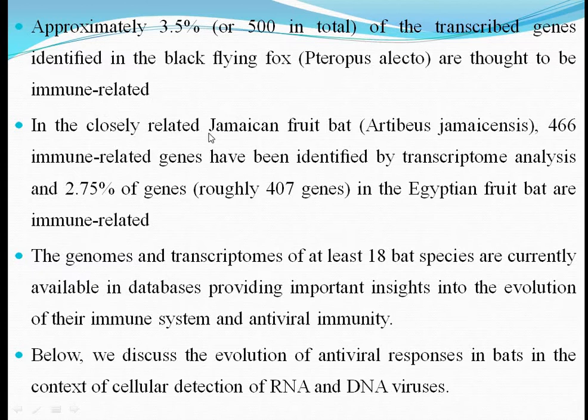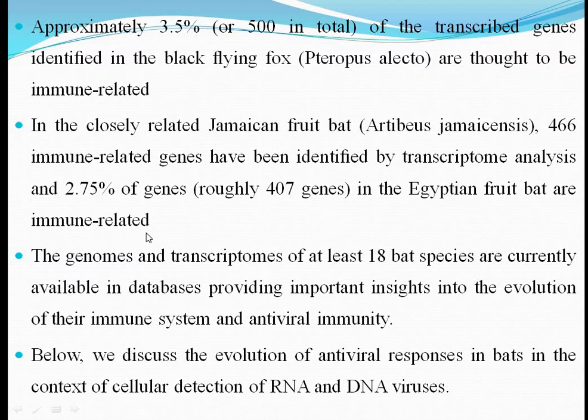In the closely related Jamaican fruit bat, 466 immune related genes have been identified by transcriptome analysis, and 2.75% of genes, roughly 407 genes, in the Egyptian fruit bat